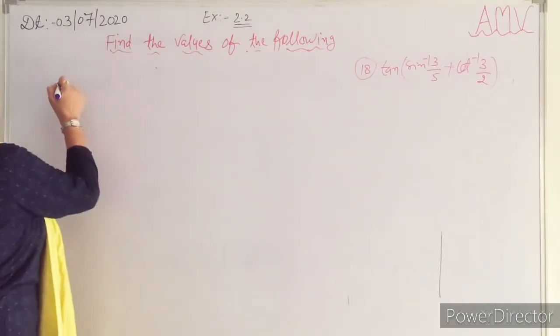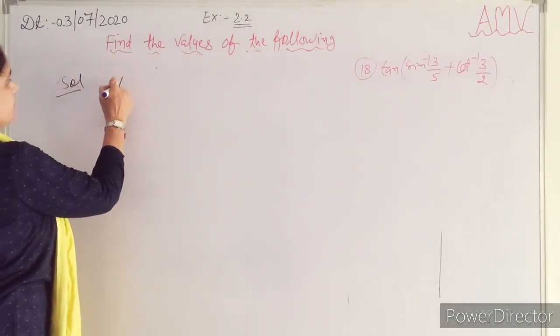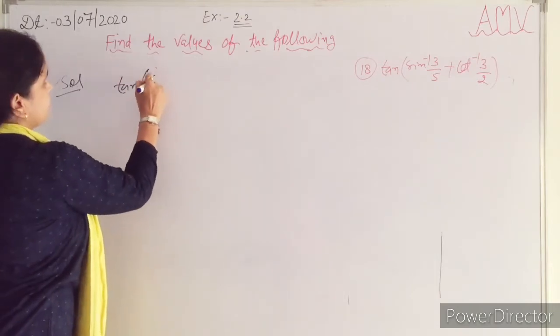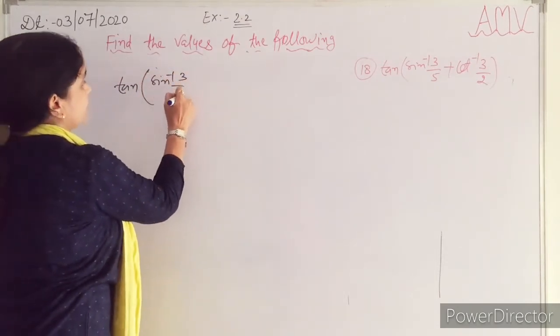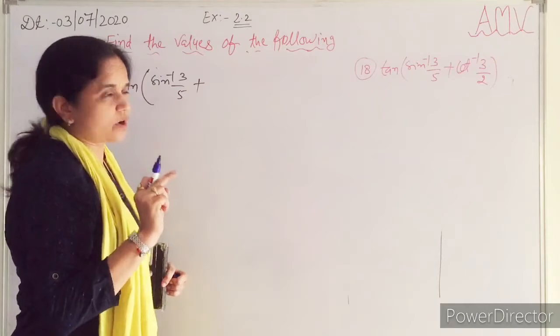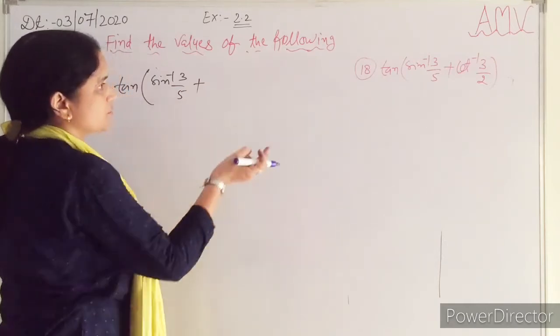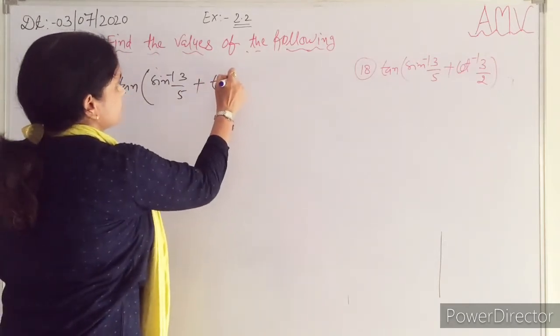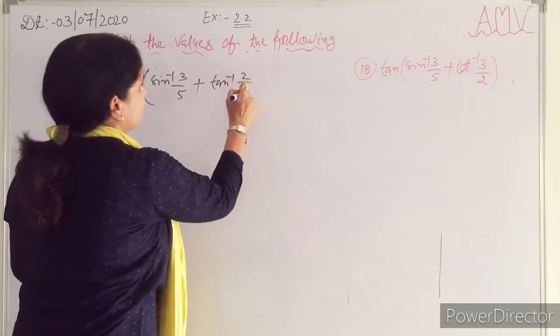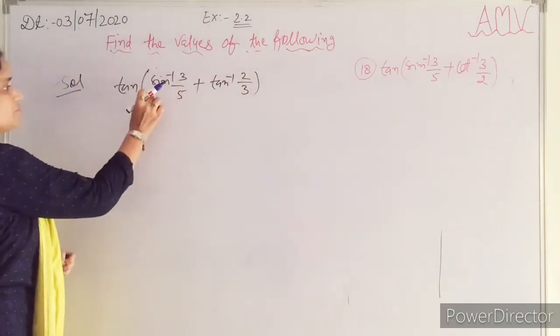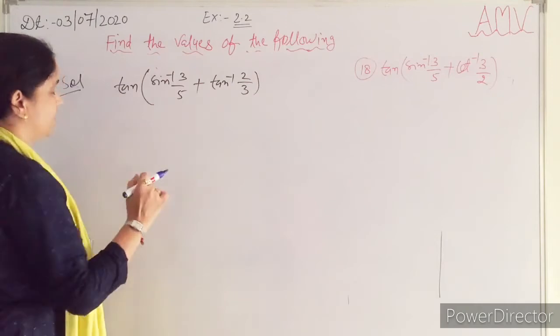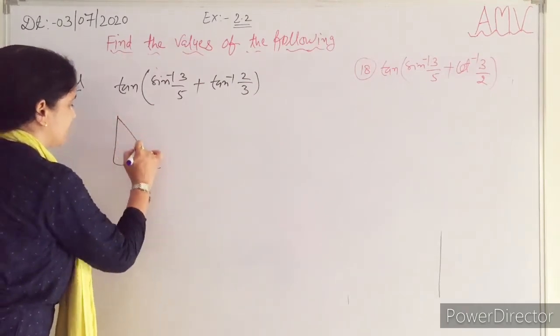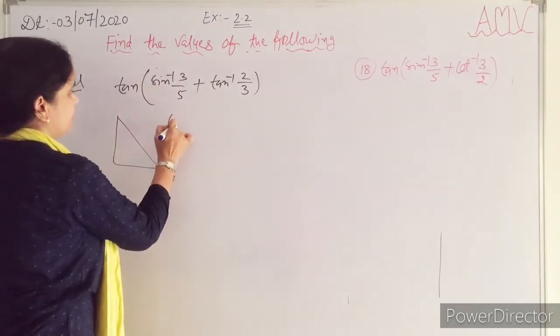For question number 18, it's a tan, and here student it's sine, and it's a cot inverse 3 by 2. So cot inverse 3 by 2 becomes, student, tan inverse 2 by 3. Now we have to change the sign in tan. So you can apply the triangle method also. For this, take